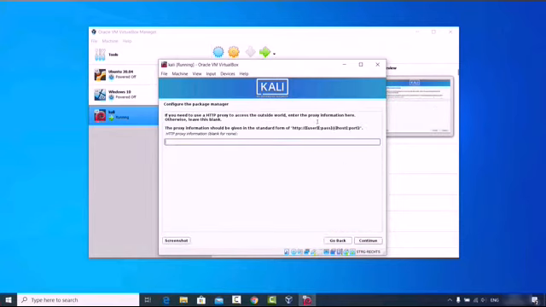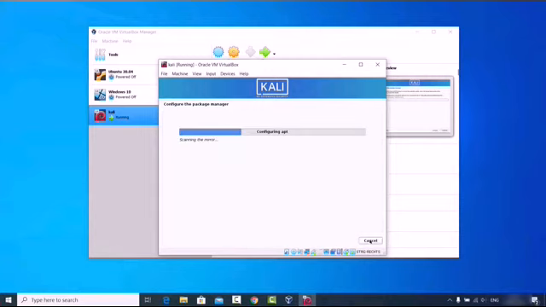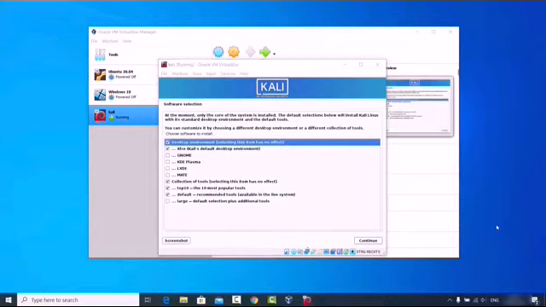And now you will see this window which says configure the package manager. For now I don't have any package manager information, so I will leave it blank. You can leave it blank if you don't have any, and then click on continue. Now I can see this window which says software selection.